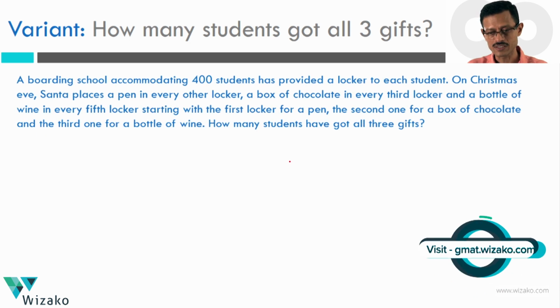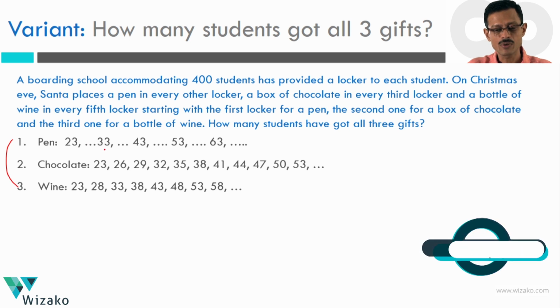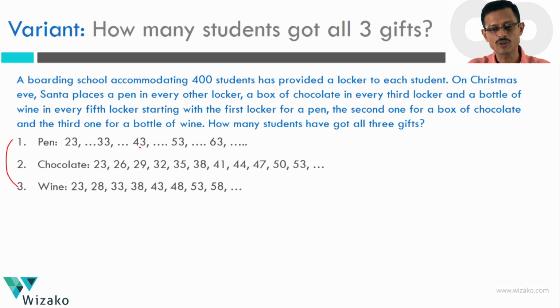Let's check out what happens in this. Right? Whatever we discovered in that step, I'm going to use it here. Any number common to both these sets is going to end in a 3. So there is going to be 23, 25 and all of those things. I'm going to skip all of that. I'm going to run away straight to 33, 43, 53, 63 in this set. So I save myself the trouble of listing things down. Here I've listed down the 28s and 38s. We can actually not list them down. It's not that they don't get these gifts, but to save steps, it's going to be 23, 33, 43, 53